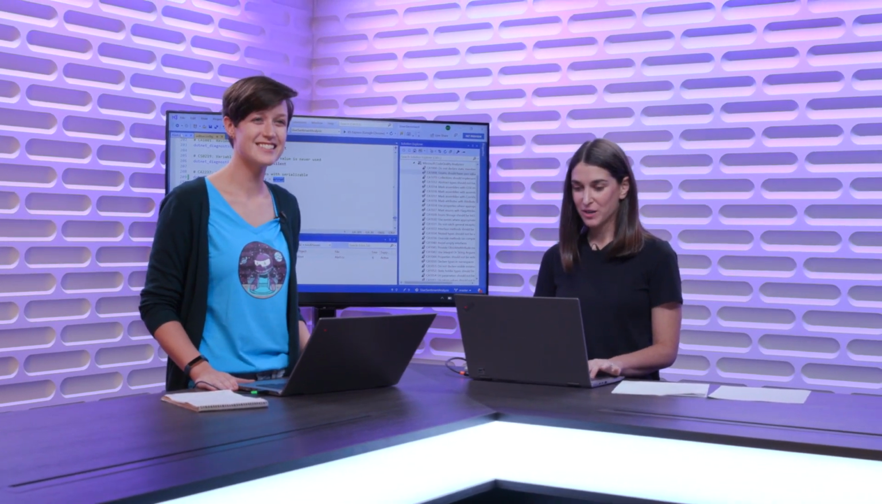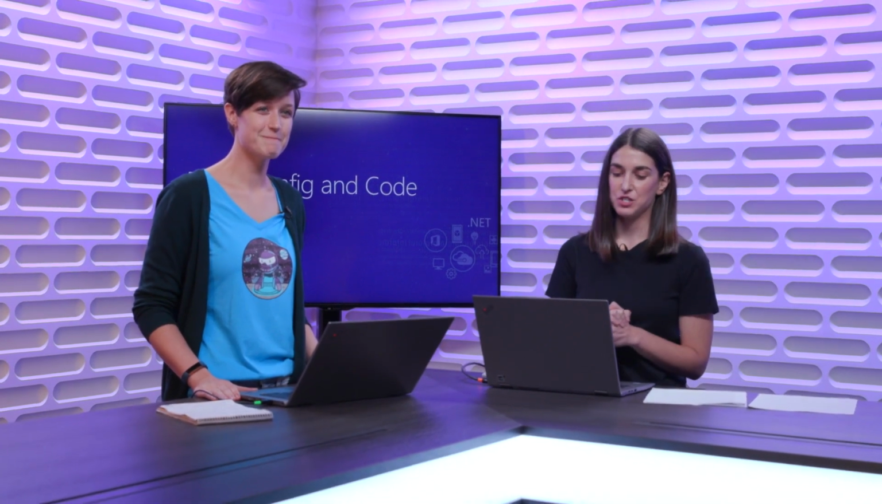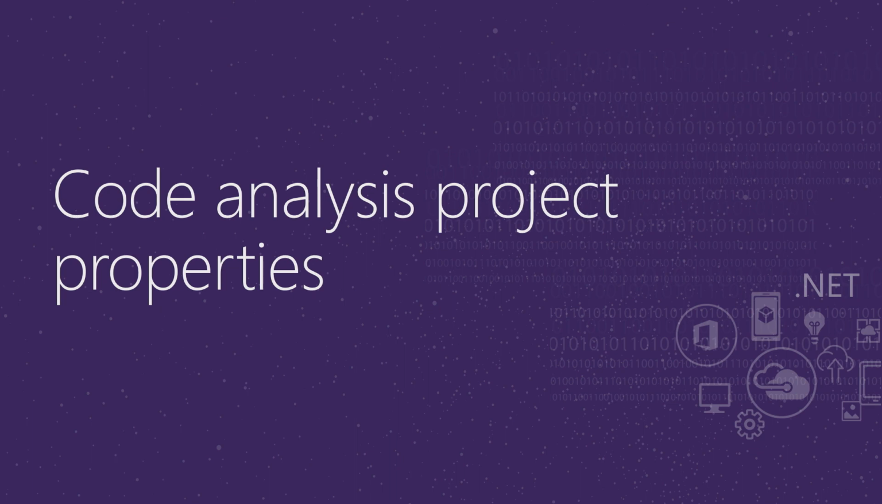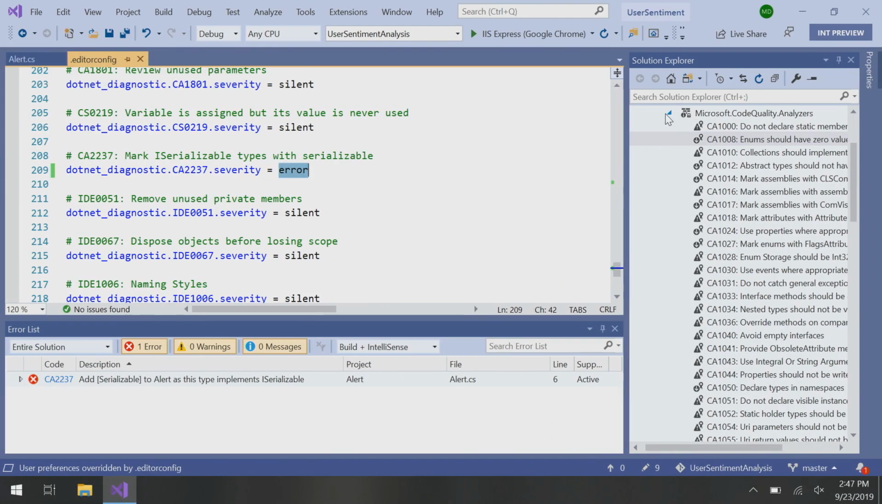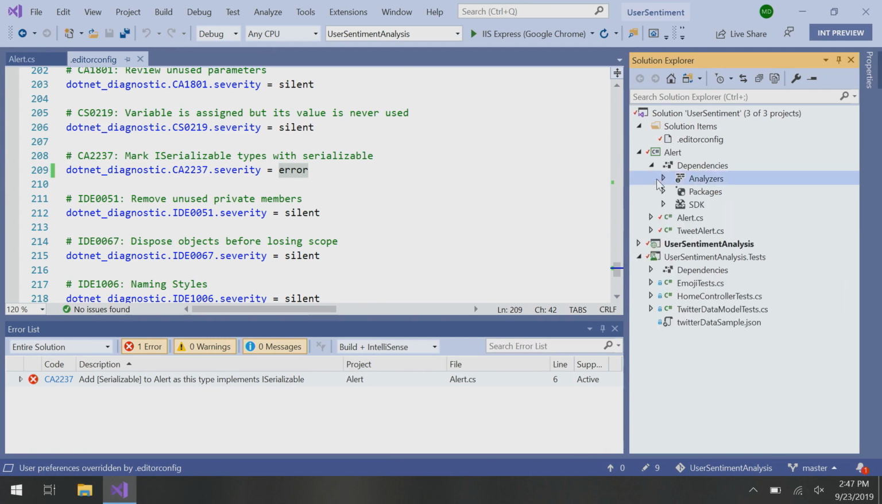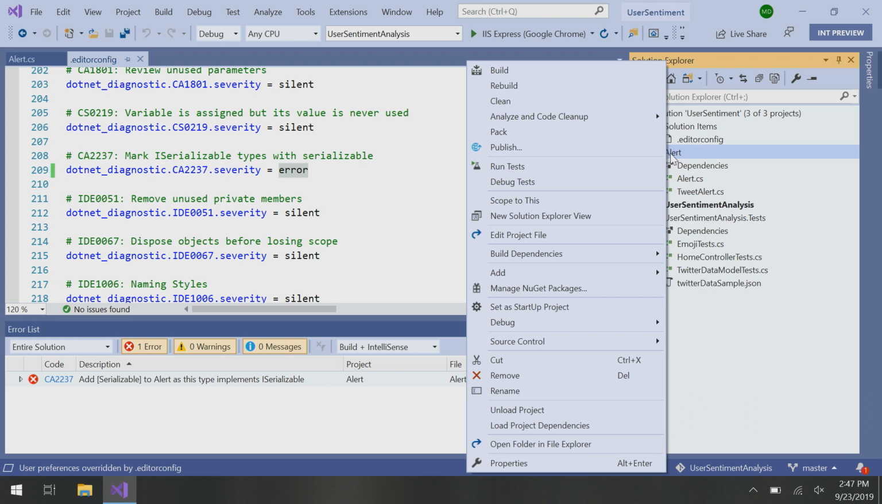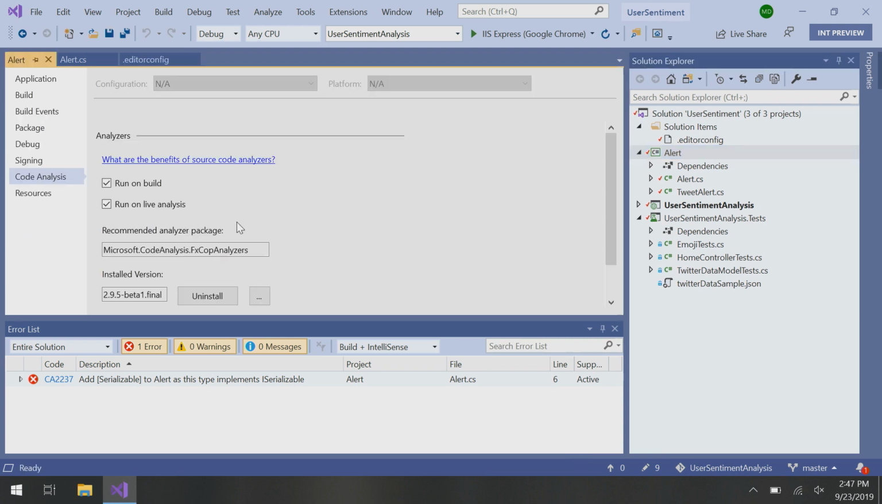The next thing that I want to talk about: a lot of people have asked for the ability to have third-party analyzers actually break builds, but not necessarily show up while they're typing. So I want to talk about the code analysis project properties page. Fancy. Very fancy. So I'm going to close these nodes a bit just to clean it up. Here I'm going to right-click on my project name and select properties. And under this code analysis tab, I can deselect run on live analysis,